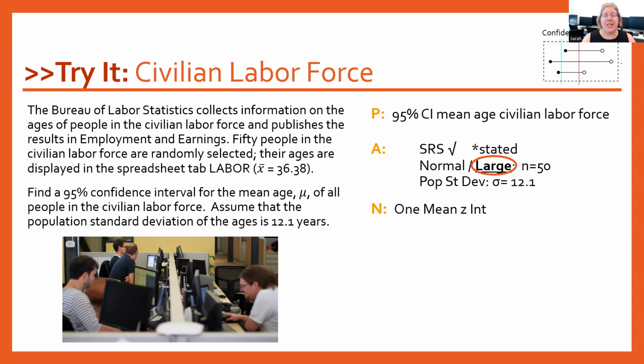And then my population standard deviation is stated in the problem, and that's sigma equals 12.1. Now, because I have a population standard deviation, that means I'm going to do a 1-mean Z, as in zebra, interval. So my interval: 36.38 plus or minus 1.96, and that's coming from that confidence level of 95%, times 12.1 divided by the square root of 50, and that gives me a lower bound of 33 and an upper